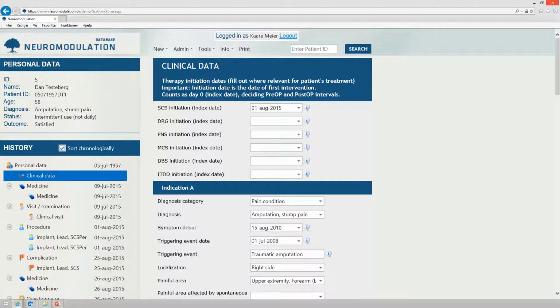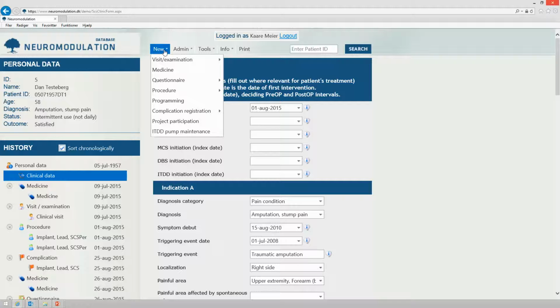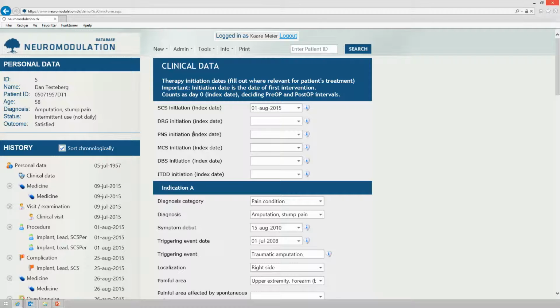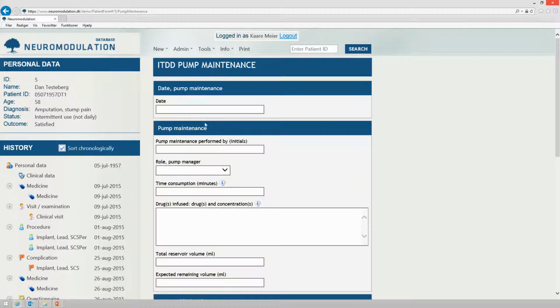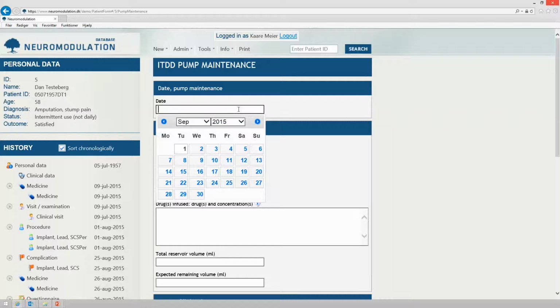This patient, our test patient, has been used in the other videos as a spinal cord stimulation patient, but for the example let's just use him also to demonstrate how the pump maintenance module looks. We go to New, we go to ITDD pump maintenance, and the form shows up that looks similar to many other forms. First, we register the date,